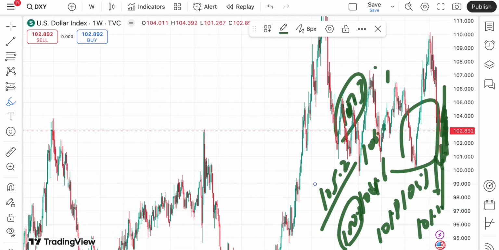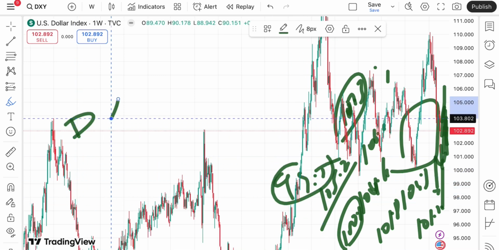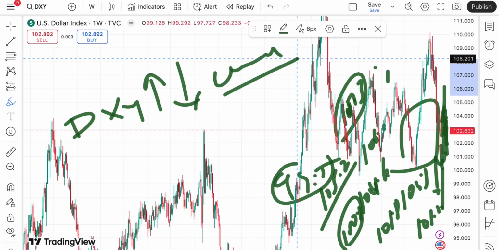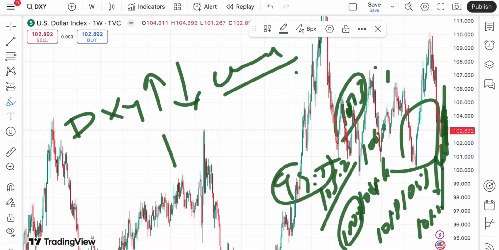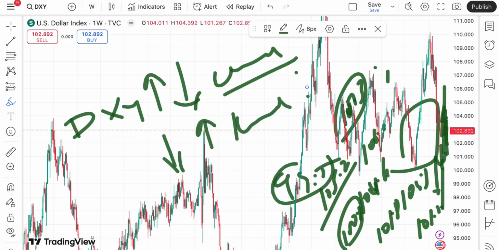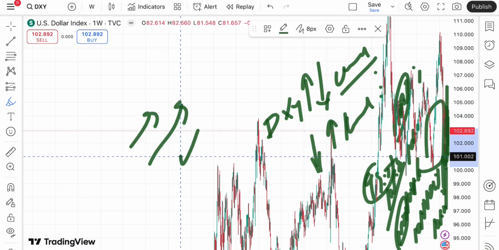Okay, and if the price started falling below $100, we can see it can touch a level of 99.5. So when I'm saying that the dollar index started going upside, we will see the price of crude will come down. Even natural gas comes down. And when the dollar index started going down, we will see the crude price goes up, and the natural gas price goes up. But this is what we can see because they are inversely related, but sometimes they both move in the same direction.